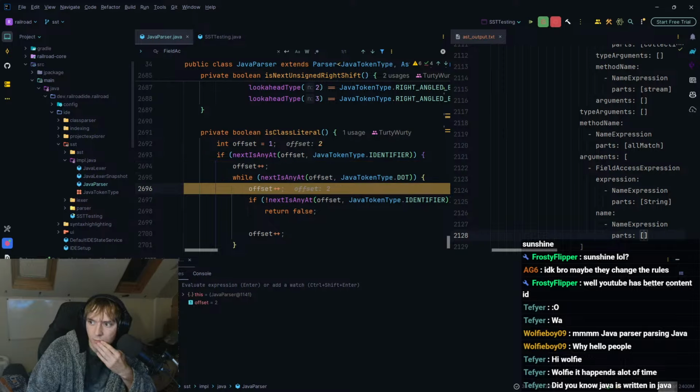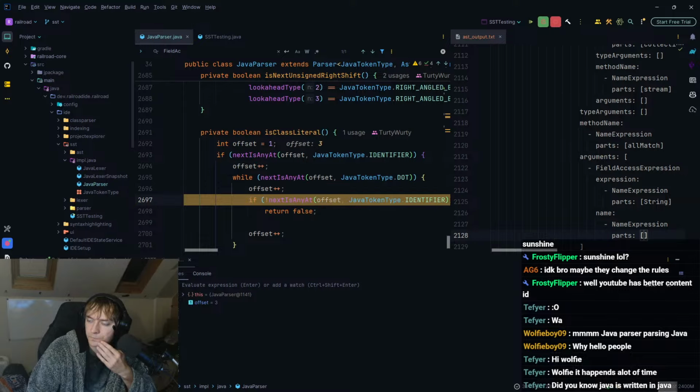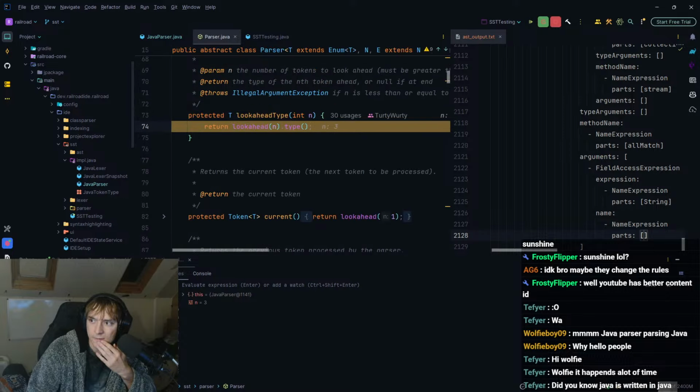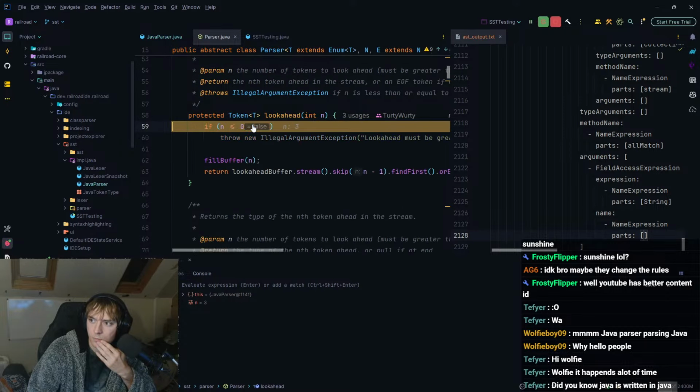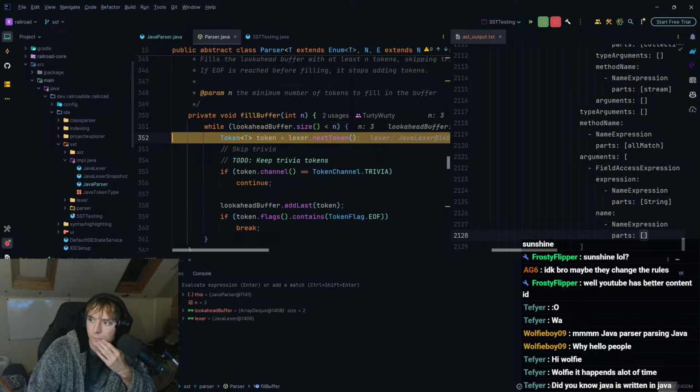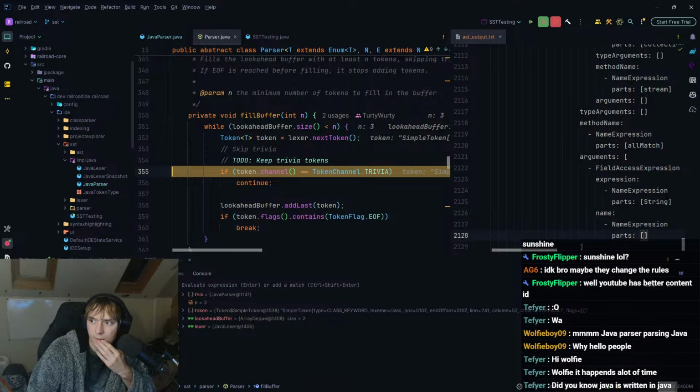Connect is only a dot. And then if the next is not an identifier. So what is the next one? Look ahead 3. So we're going to fill the buffer. So then we'll do the next token, which is class keyword.